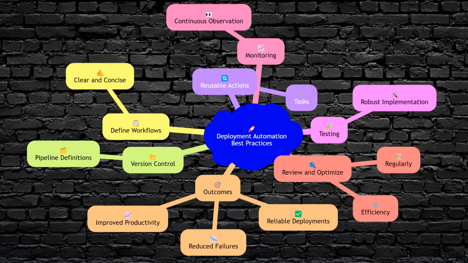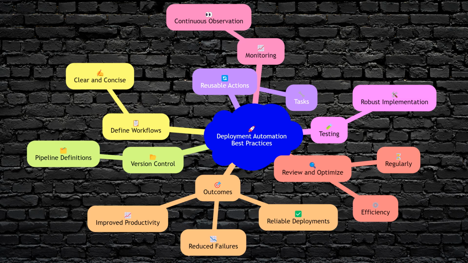To get the most out of your deployment automation solution, it's important to follow best practices. These include defining clear and concise workflows, using version control for pipeline definitions, leveraging reusable actions or tasks, and implementing robust testing and monitoring. Additionally, it's important to regularly review and optimize your pipelines to ensure they remain efficient and effective. By following these best practices, teams can achieve reliable and efficient deployments, reducing the risk of failures and improving